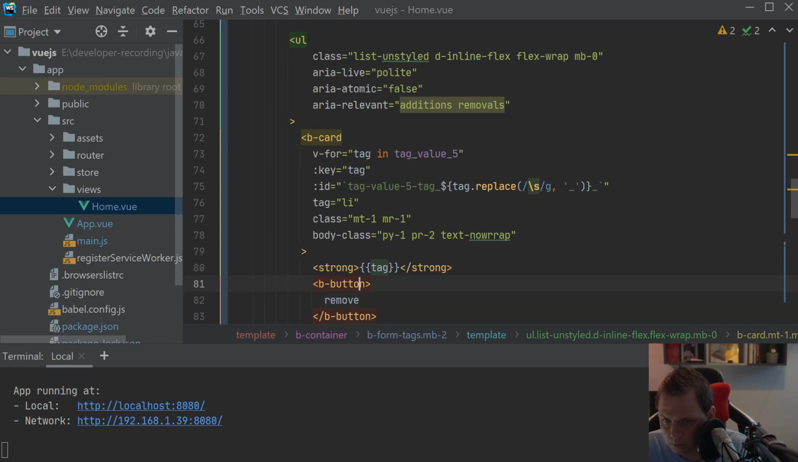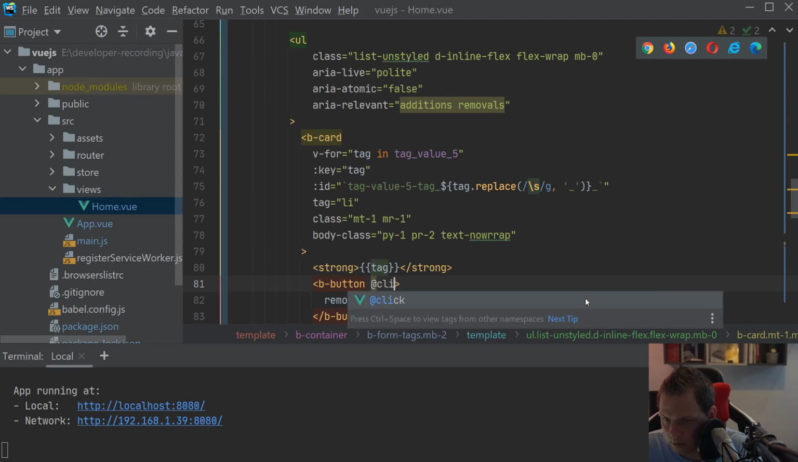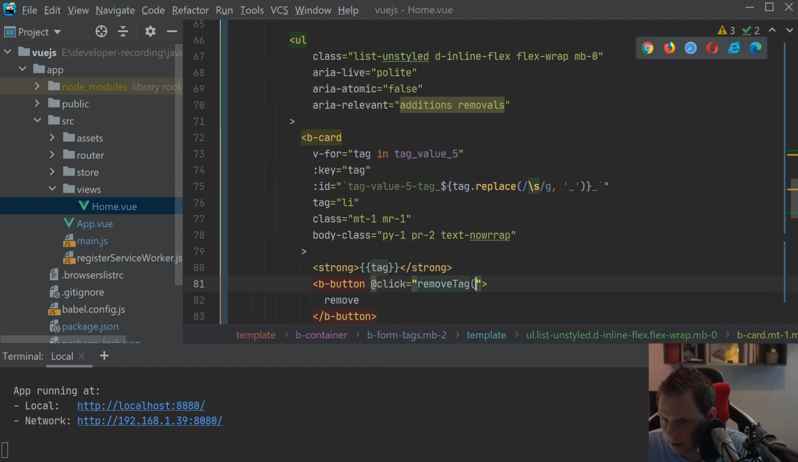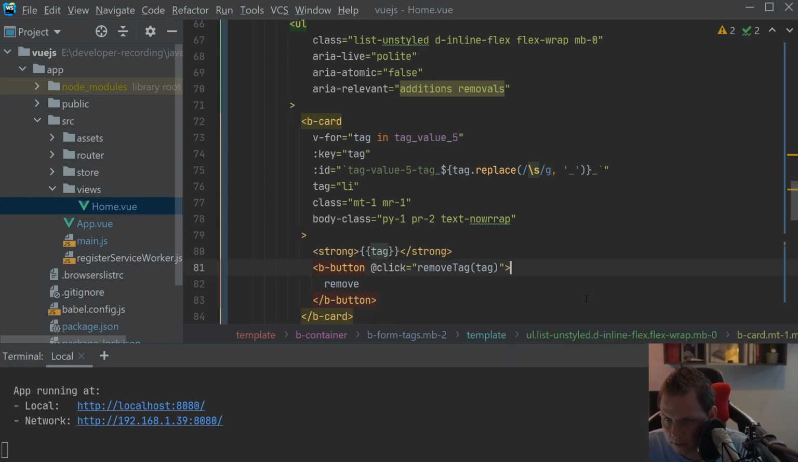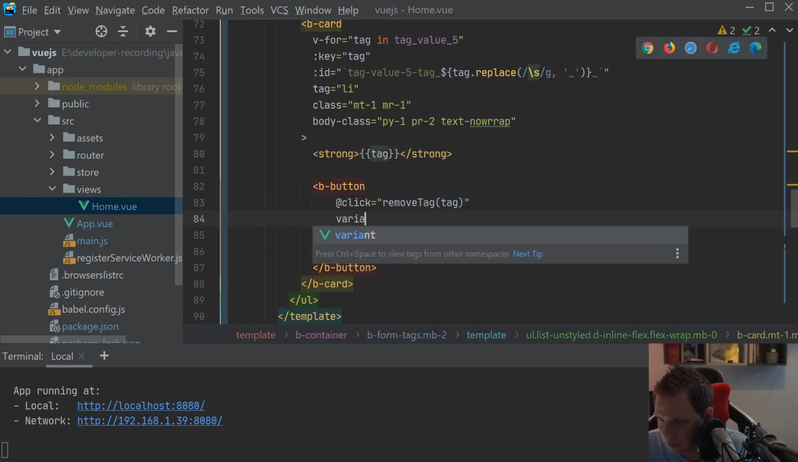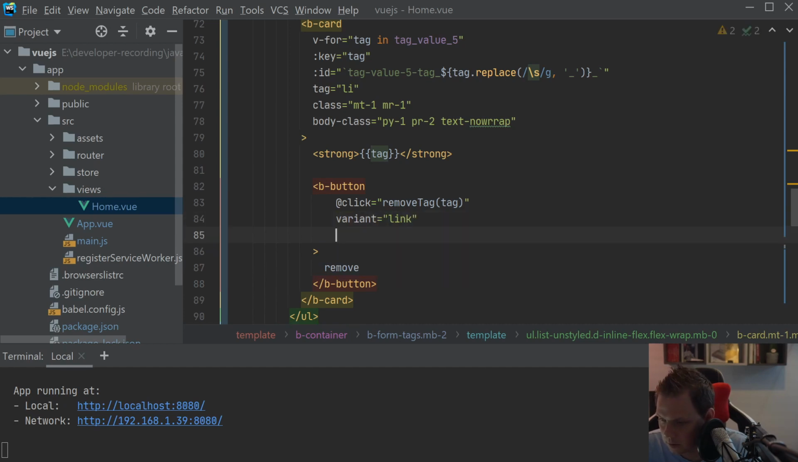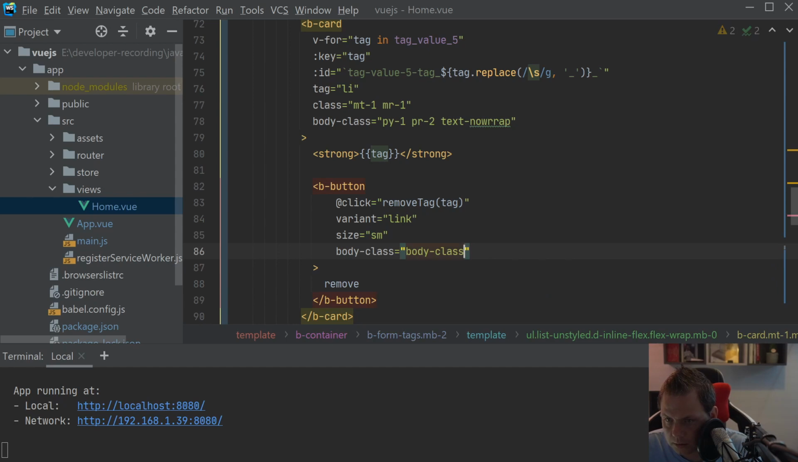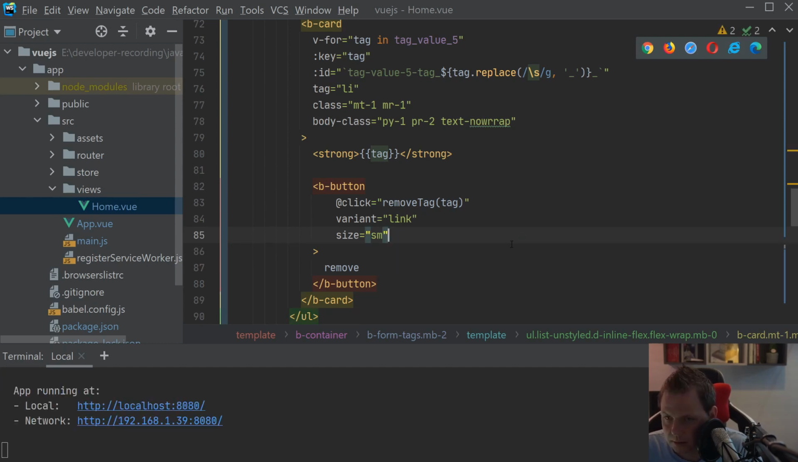Remove, unclick, unremove, remove tag here, and the variant should be a link, and the size should be small, and then body class should be pi1, pr2 text. Just sitting here and sleeping a little bit. Yeah, I know that's a bad one, but